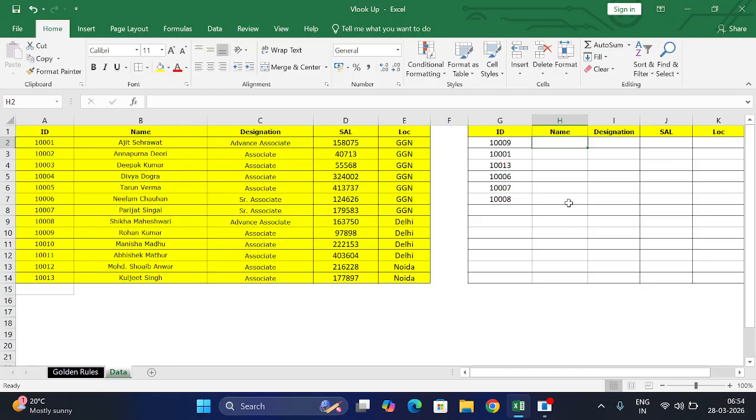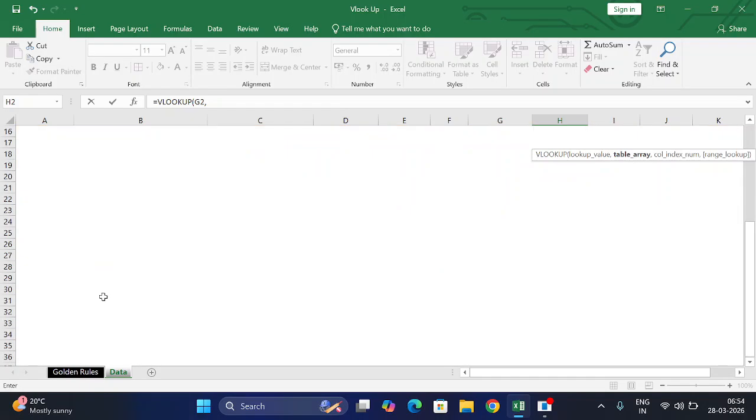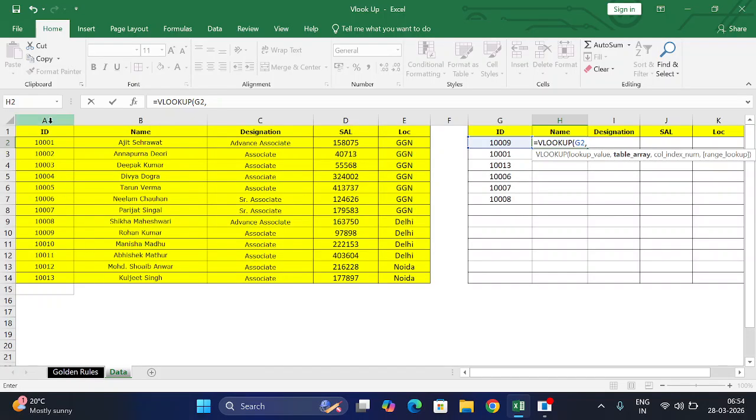So let's type equals, then VLOOKUP. You can see the syntax. It is asking for the lookup value. What are we looking for? We are looking for IDs, comma, then the table array, which is where you are looking. Basically, we are talking about this table array. Since we don't have anything in the rows below, we can select the entire column. All right, so I'm selecting this entire column. Okay, comma,